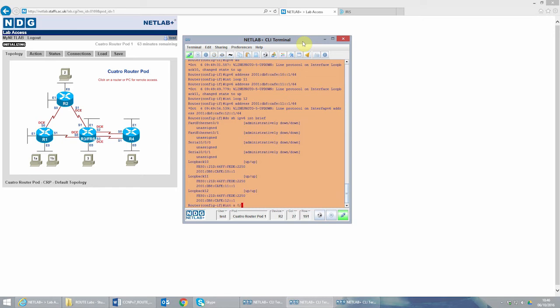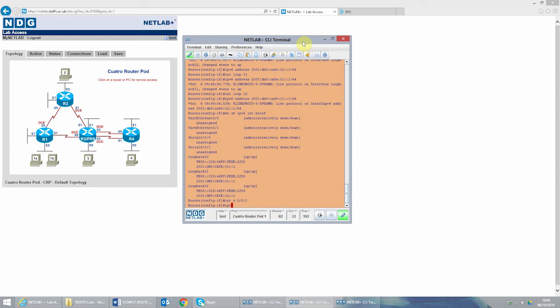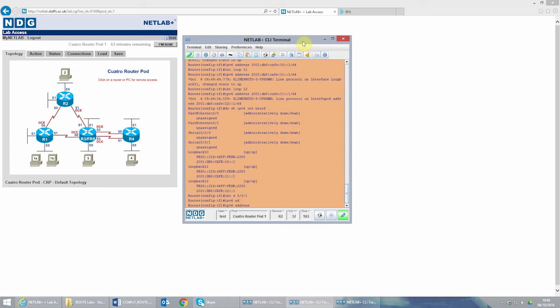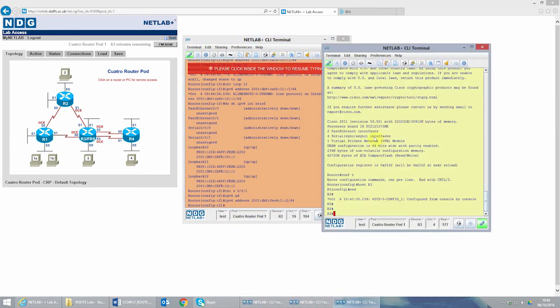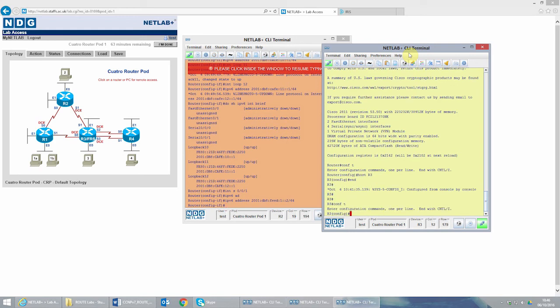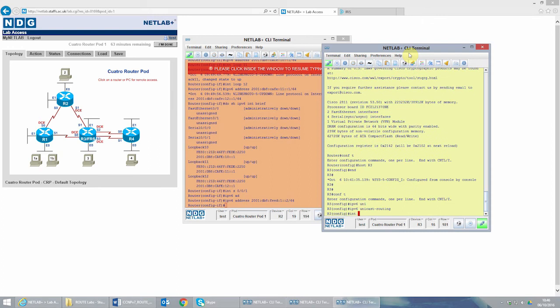Int serial 1, IPv6 address 2001:db8:fd:1::2/64. That's fine, and we'll do the same on R3, the opposite end for us. Choose that one there for us. Let's first of all turn on IPv6 addressing. Int serial